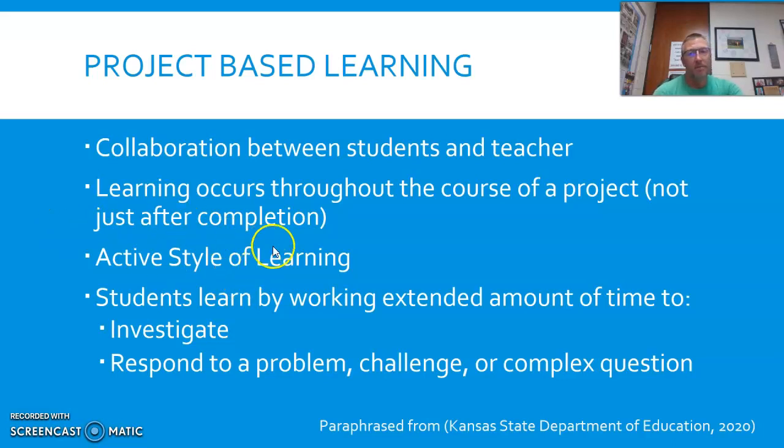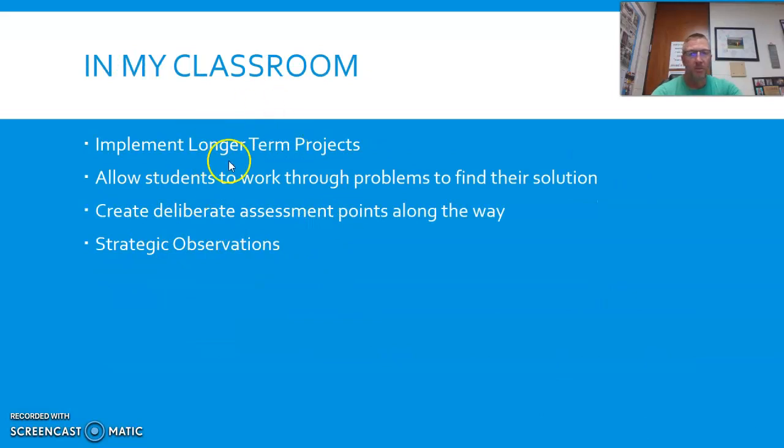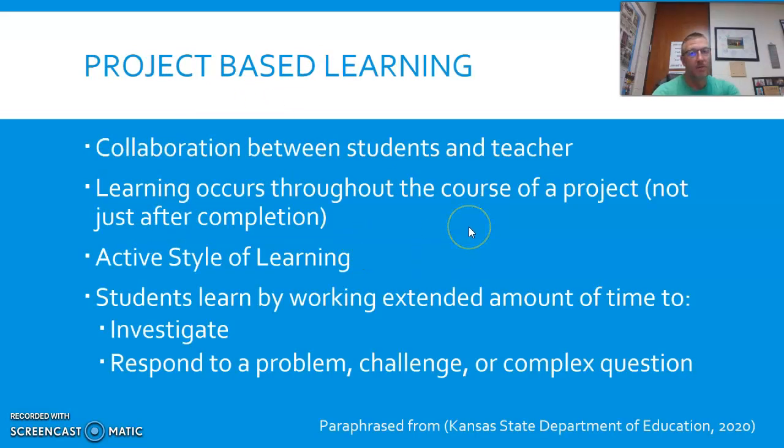I would feel like there's what they call strategic observations. I've got it here in what I did in my classroom, and I feel that that's kind of all I really did along the way, and kind of made sure assessing and making sure that people were moving along the right path and kind of along the right timeline. And I didn't necessarily. I feel like I want to be more intentional about an assessment along the way.